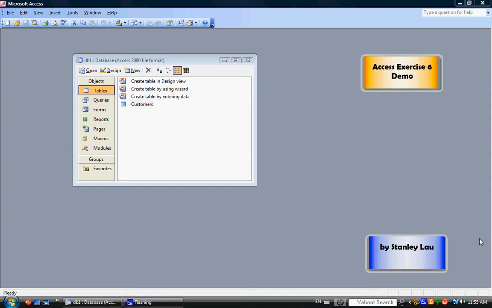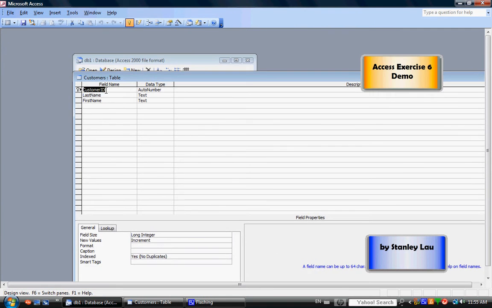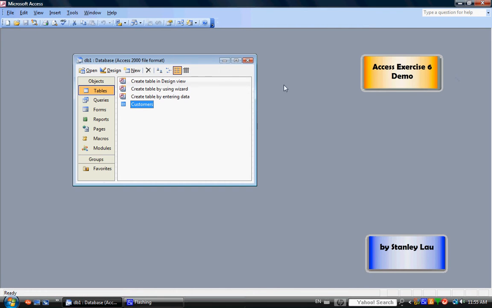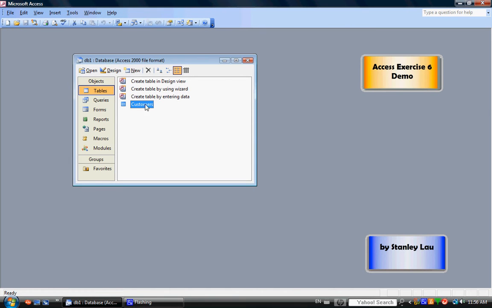For Access Exercise 6, we are going to be modifying our table. Remember, in Exercise 1, we made a table and we designed it to look like this. We only had 3 fields: customer ID, last name, and first name. Now, if you open up the table, you'll see that, again, there are 3 columns: customer ID, last name, and first name. But using Access, we can click Design